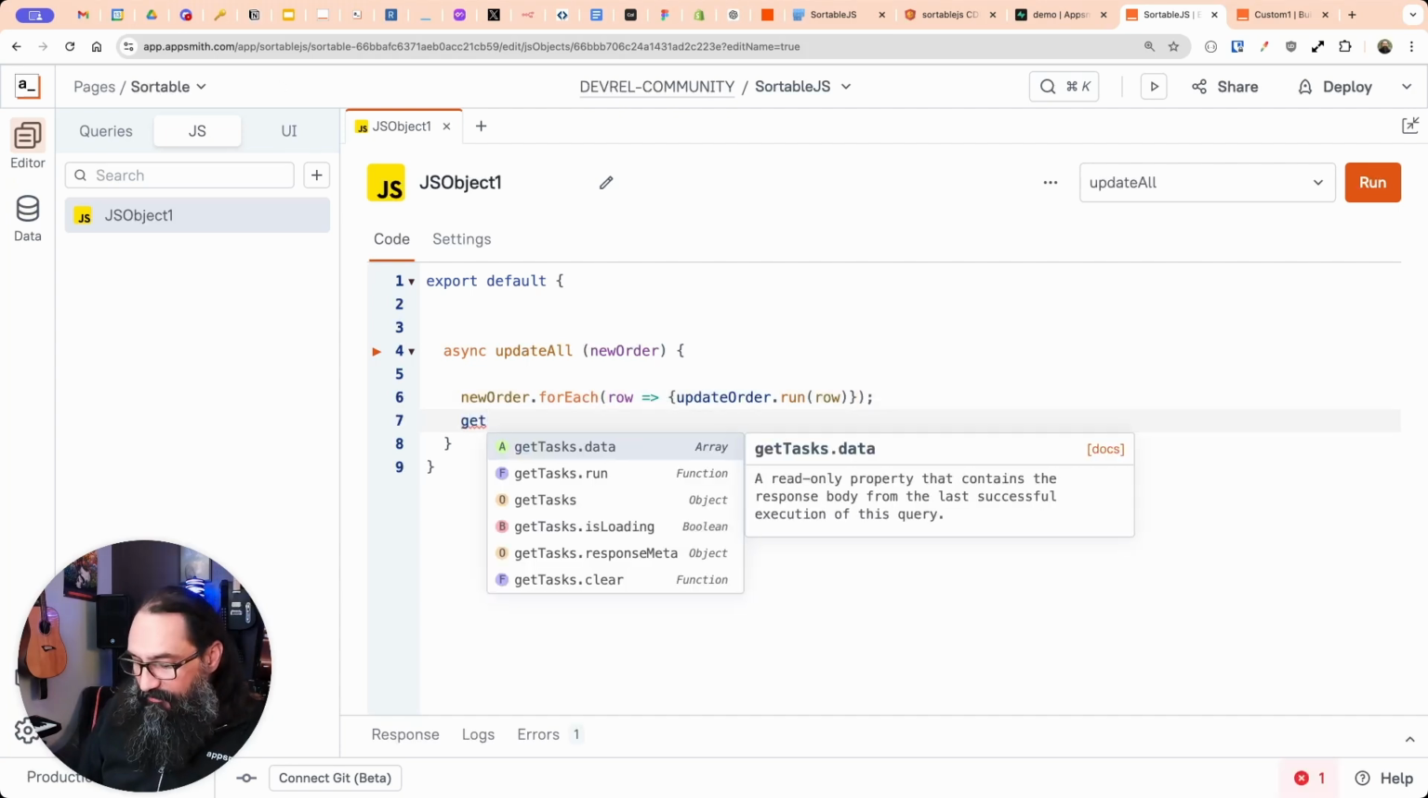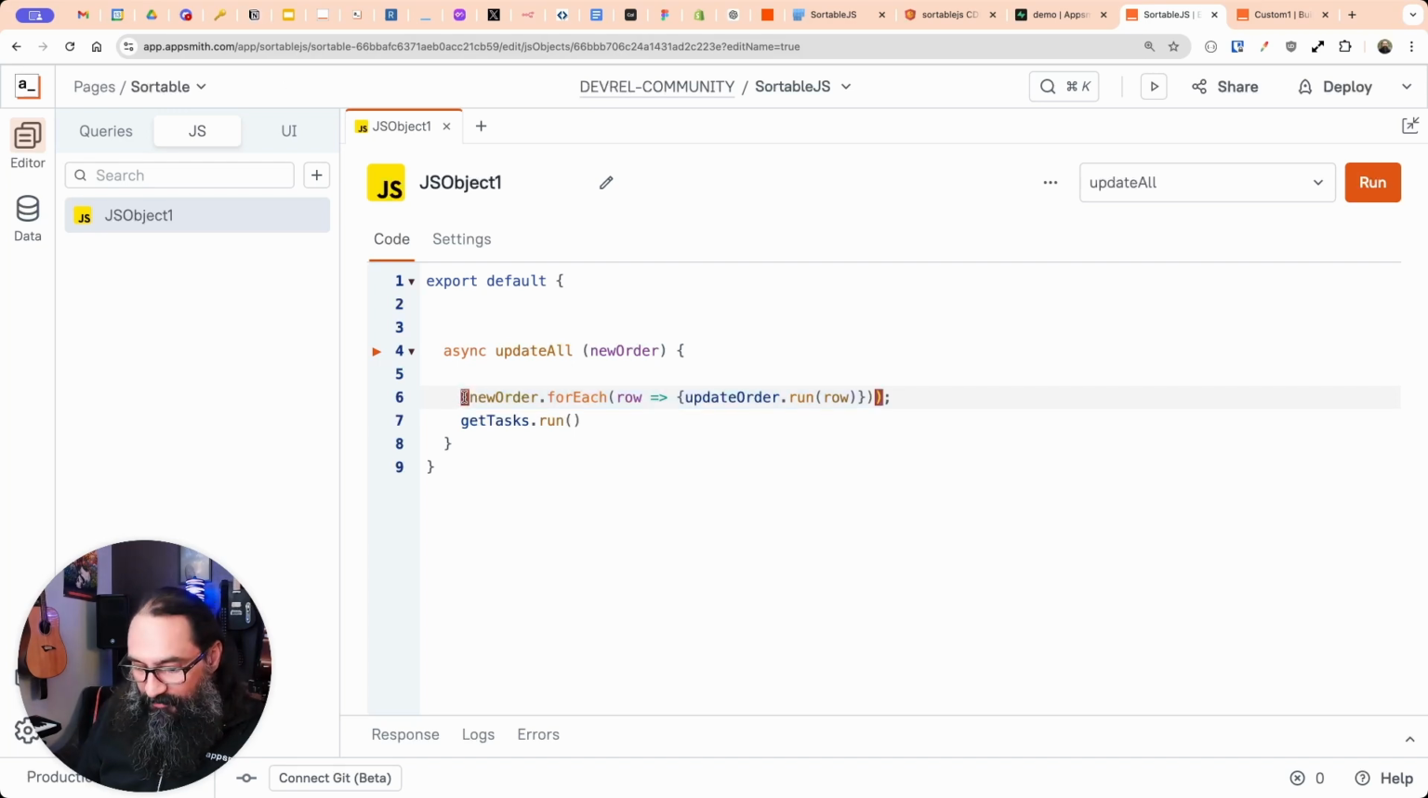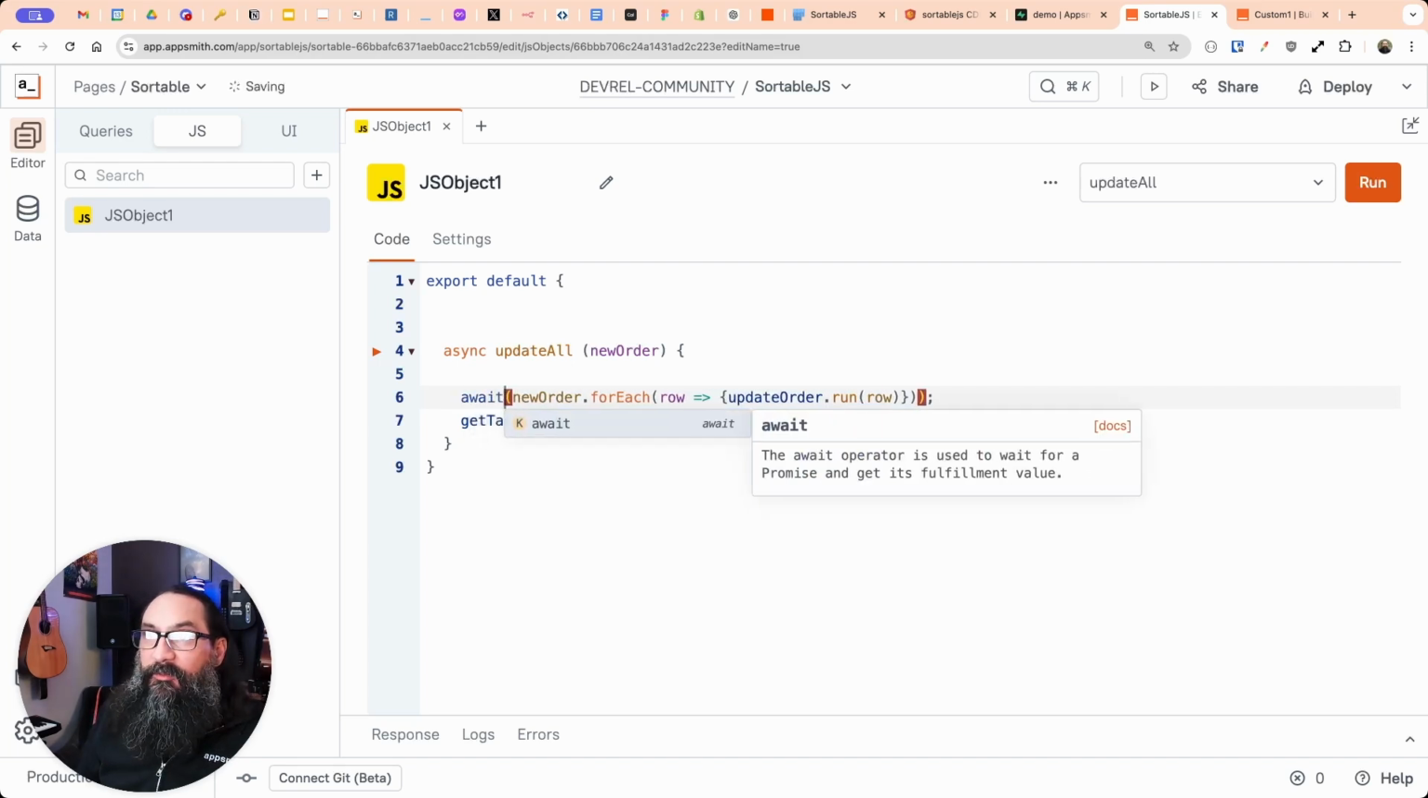So get the tasks. Now, I don't want this to run too soon, so I need to await all of these here. But to do that, I don't want to wait for the first one and then start the second one, and then wait for that to finish and then start the third. So we can use Promise.all so that it'll wait for the last one to finish, but it doesn't do them all sequentially. So if I just put Promise.all around this, await,